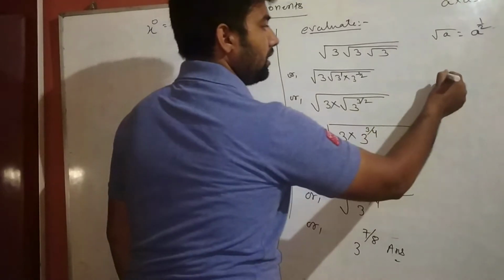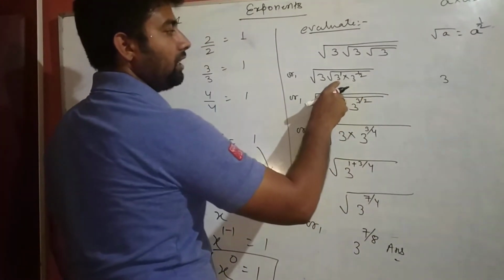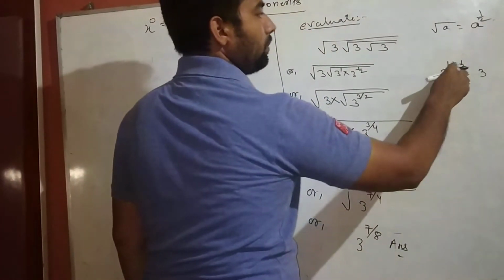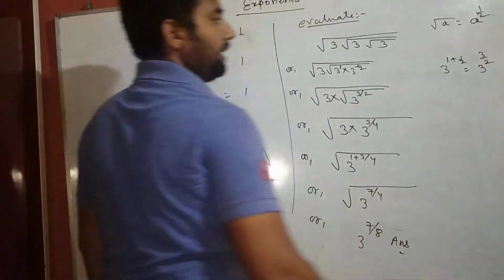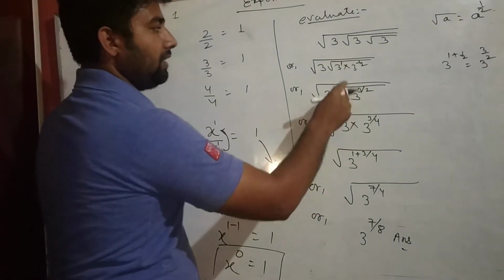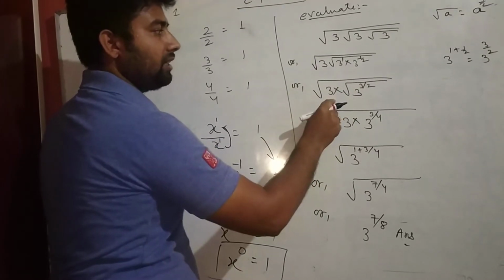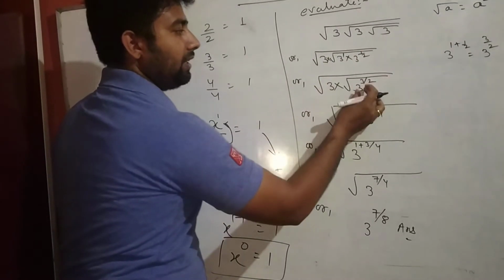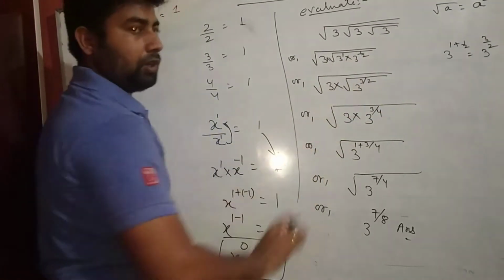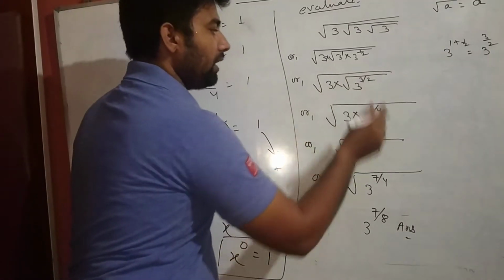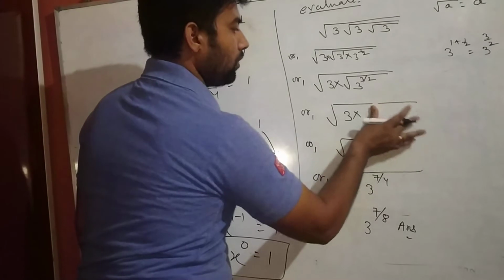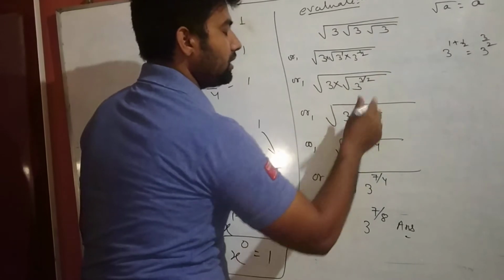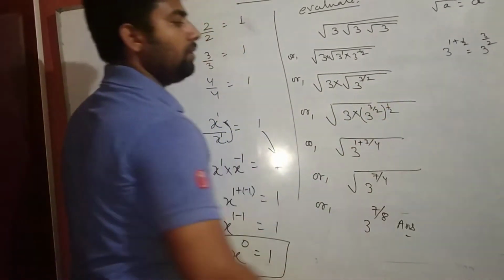Now the bases are the same: 3 to the power 1 and 3 to the power 1 by 2. So 1 plus 1 by 2, 1 plus half, what will it be? 3 by 2, which means 1 and a half. That's why we write a square root over this 3, which remains as it is, nothing mentioned means multiplication, and inside the square root we write the combined power 3 by 2. Now again this square root, when it is removed, becomes 3 to the power, already it was 3 by 2, and when the square root is removed the power becomes 1 by 2.